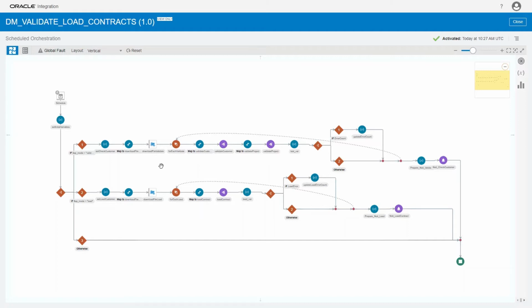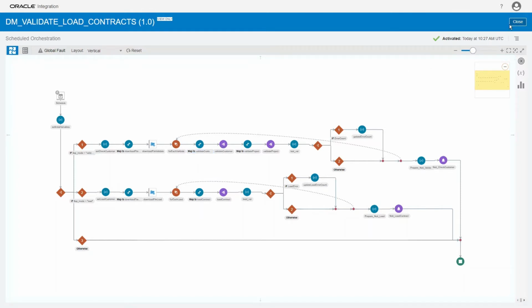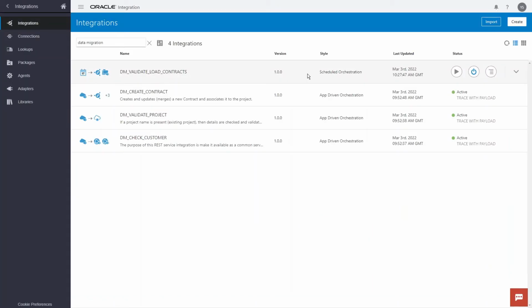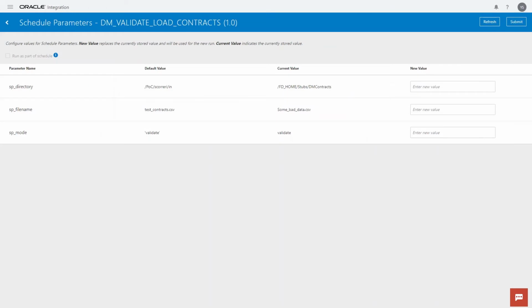In the example you can see on the screen, our client had an issue with loading contracts into ERP Cloud using the normal file-based loader. It just so happened that Fujitsu had already developed for them an integration from Oracle's Configure Price Quote application to Oracle ERP Cloud. This Fujitsu developed integration receives a REST service call from CPQ, containing data relating to a customer